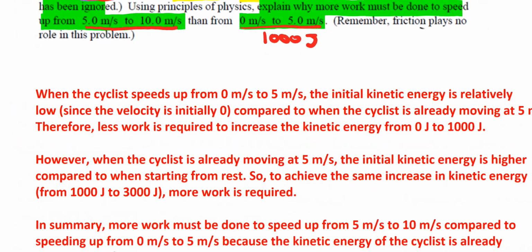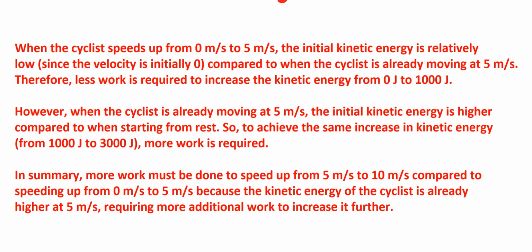Okay, so here's a nice little typed up answer here, and I'll just read it out. So when the cyclist speeds up from 0 meters per second to 5 meters per second, the initial kinetic energy is relatively low since the initial velocity is 0. Now, when we compare this to the cyclist who is already moving at 5 meters per second,